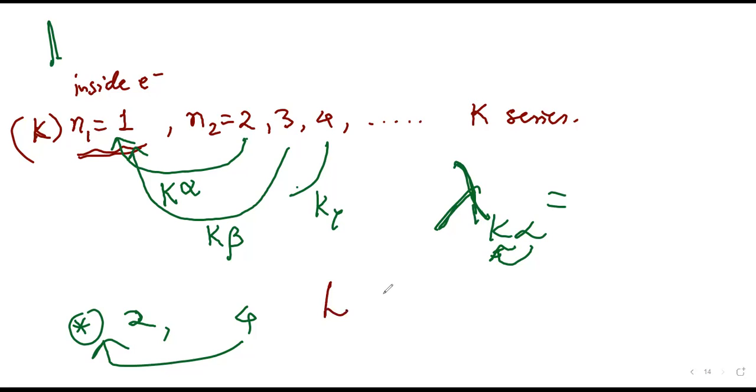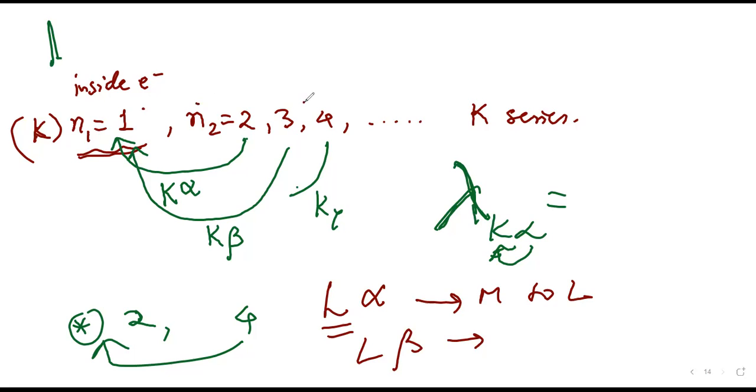See, L alpha means what? L alpha means, oh, sorry. It's L beta, because no electron will come from inside the orbital. Inside the orbital, nobody will come. So L alpha means M to L. L beta means